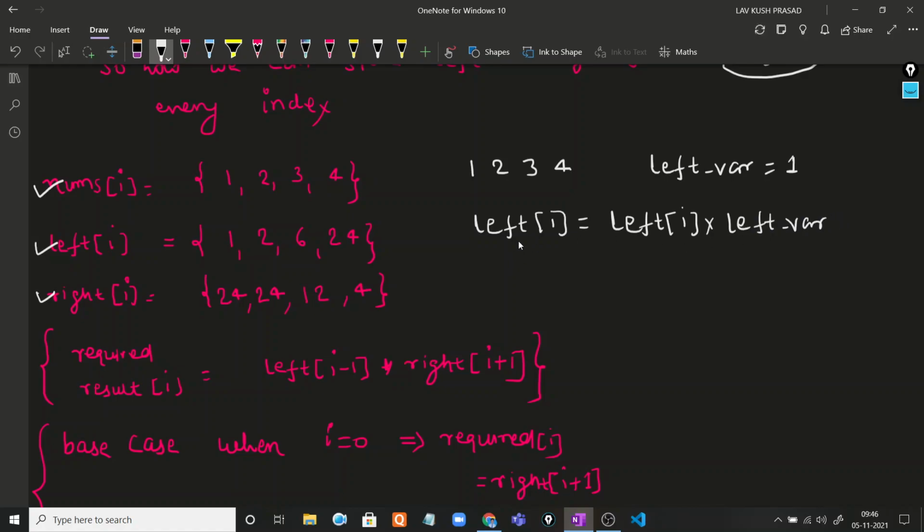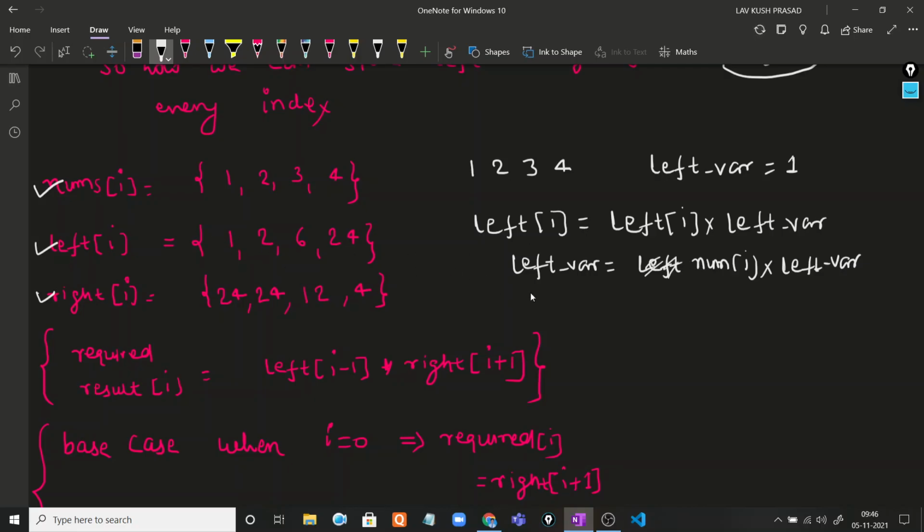And at every step, what can you do? Here we can increment, update the left var is equal to left, sorry, nums[i] into left var, right?